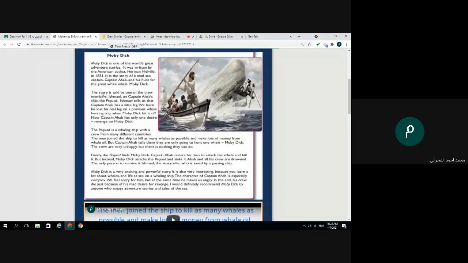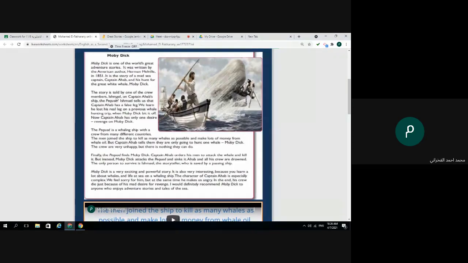Can you complete? This story is told by one of the crew members, Ishmael, on Captain Ahab's ship. Okay, thanks. So the story is told by one of the crew members, Ishmael.